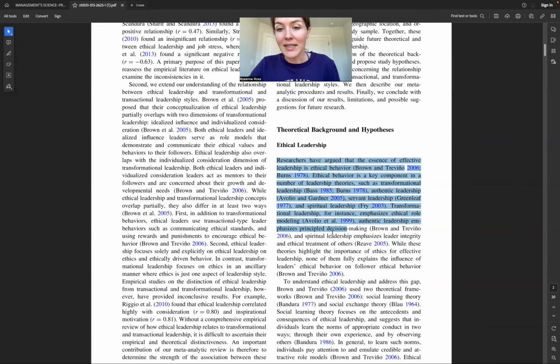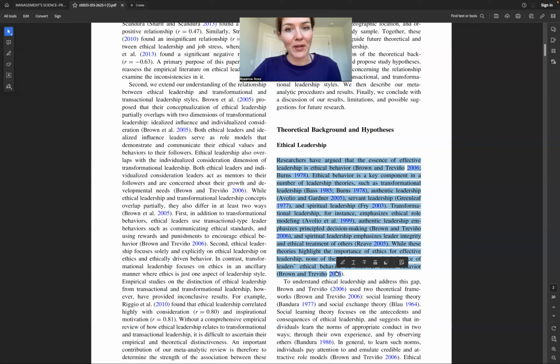What you'll want to do next is start reading the subsection where you see the terminology used to describe your construct. If the terminology used does not pretty closely describe your construct, I would recommend trying to find another article. There are so many meta-analyses, there are so many research articles. Don't worry about not finding one. You most likely will find what you want. You can always ask me if you're not sure.